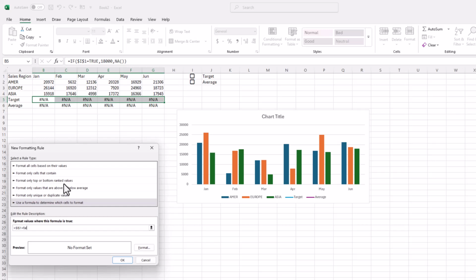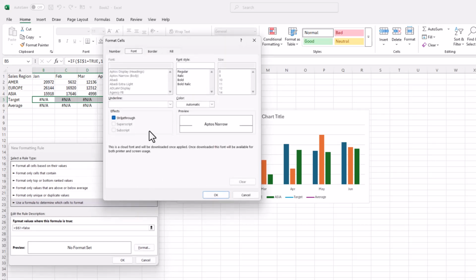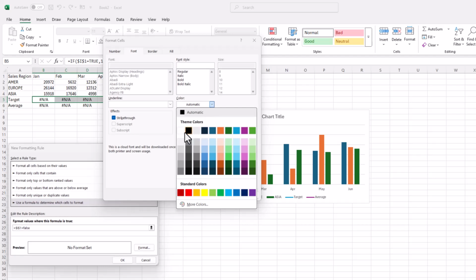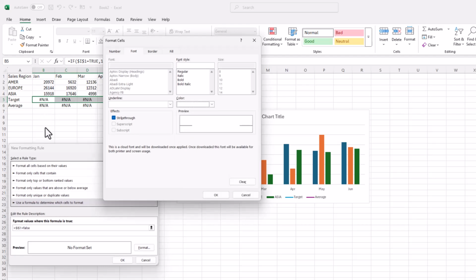If that equals false, so that's false, meaning if that is unchecked, let's change it. Let's do some formatting and not Strikethrough, but we're going to change the color and we're going to turn the color white. So it just is like white, like any other cell, but there's still stuff in there. Click OK,